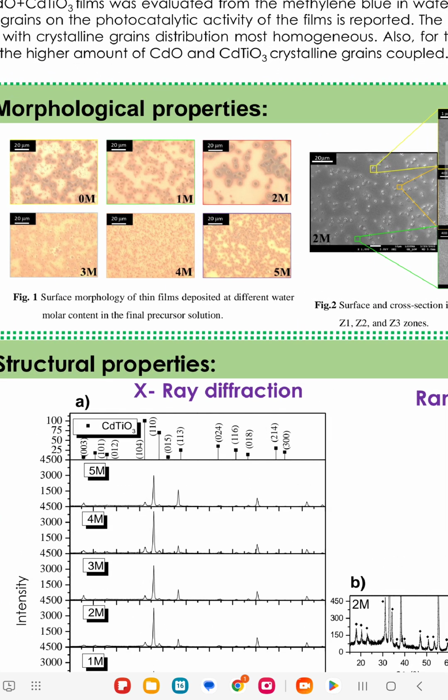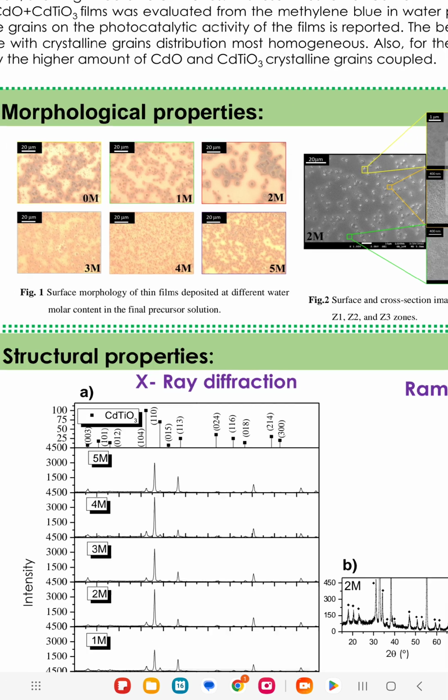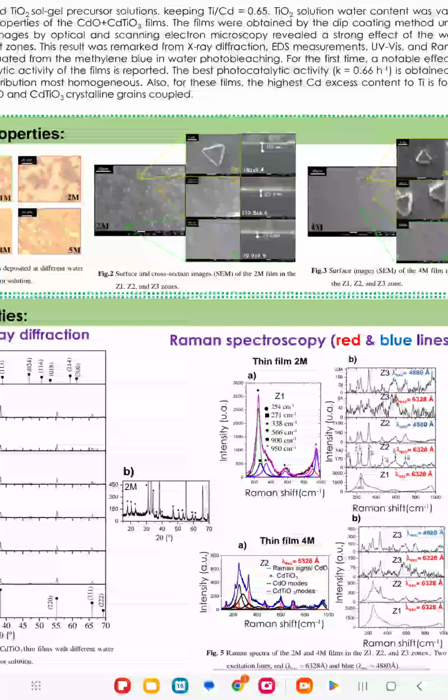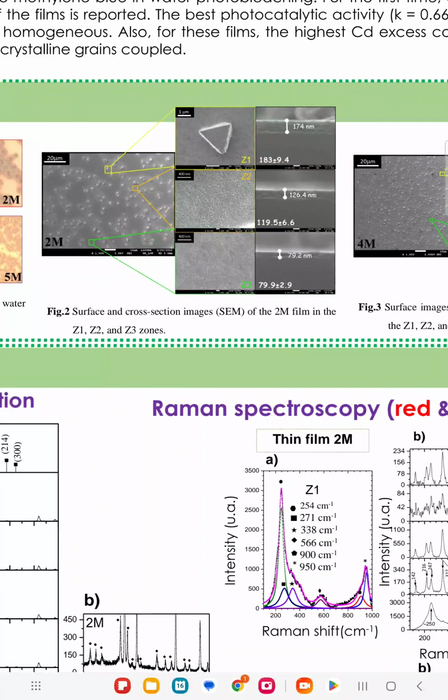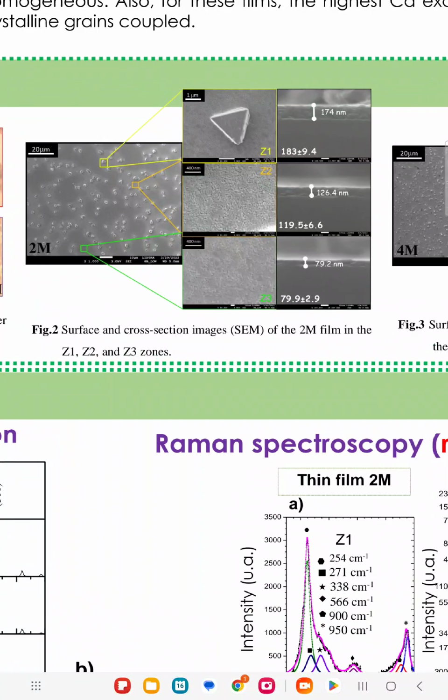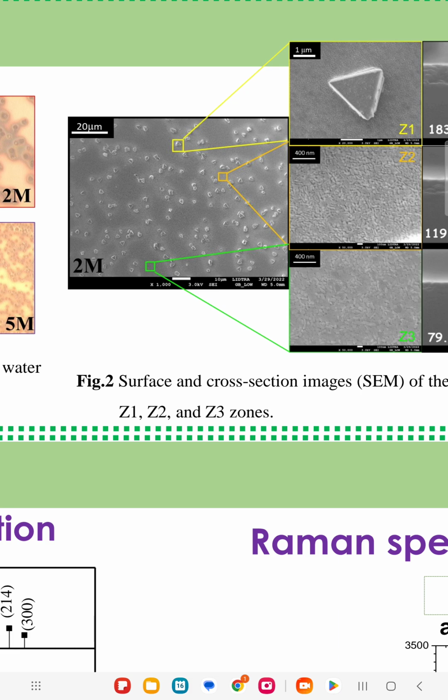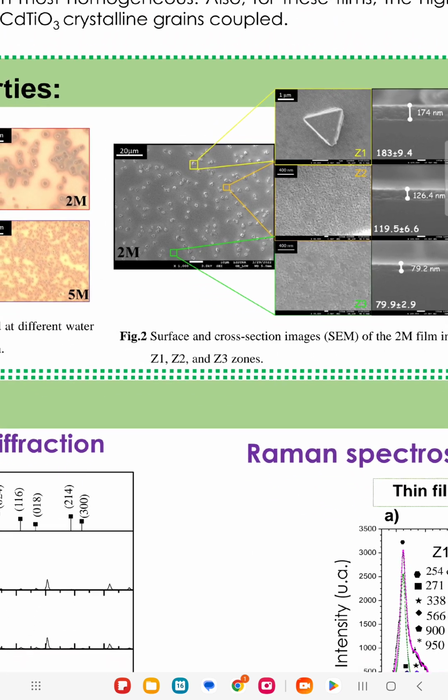These images were obtained by an optical microscope, and the films were analyzed by scanning electron microscopy. In figure 2, I show you the surface and cross-section images of the 2M film in these 3 different zones. In the first image, the main image, we can see the surface of the film. We can see the presence of these 3 different zones, and making a